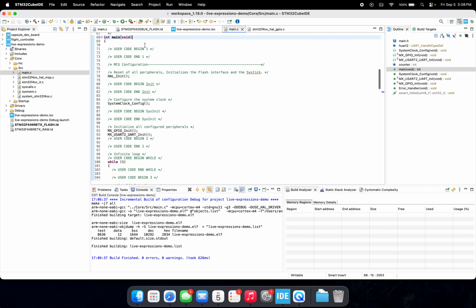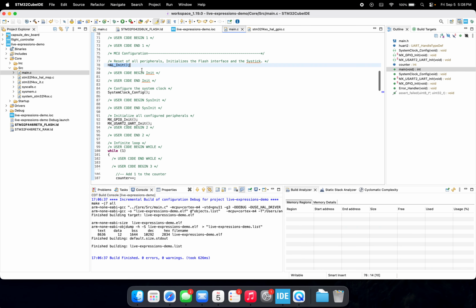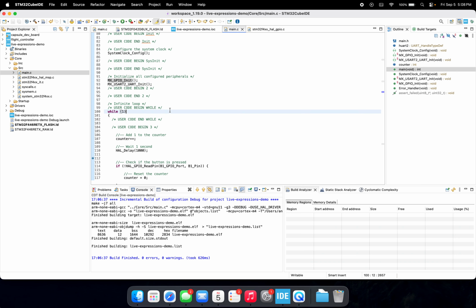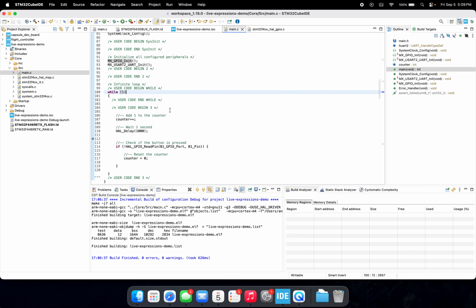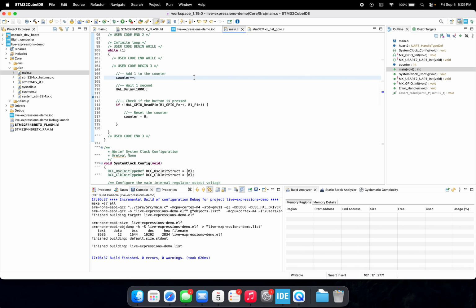If we come into our main function, we don't need to worry about any of this setup and configuration. I'm using one of the STM Nucleo boards, the F446RE, and when I configured this project, I just used the board selector for that specific board and initialized everything, whatever components the board had on it. It's not really needed for this video, but what I have here in this main loop